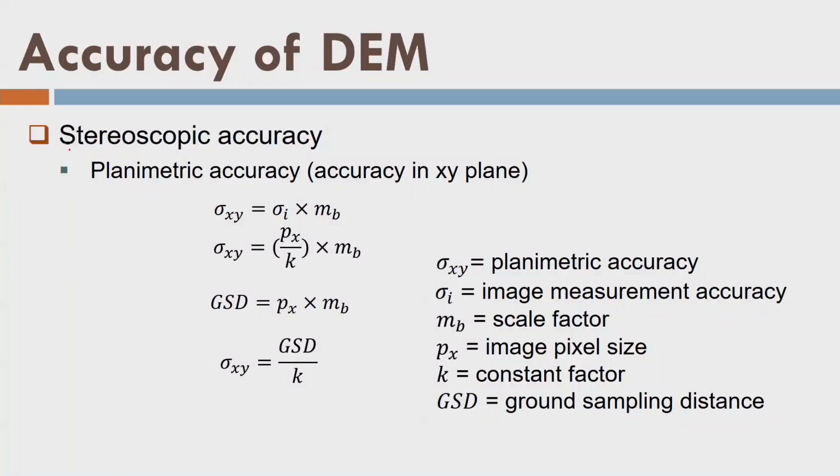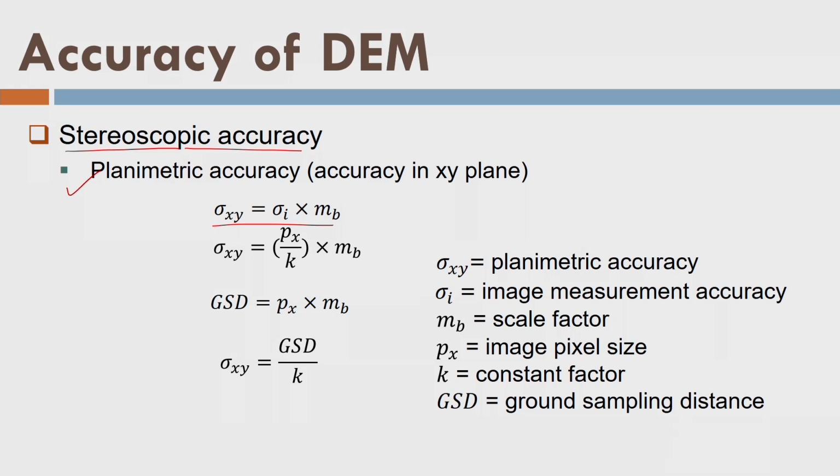And we should derive the advantage of photogrammetry now. I can wrap an image over the DEM. But before we do that, let us understand the DEM with its accuracy limits. First of all, we have the stereoscopic accuracy. Remember, we have the stereoscopic concept. This accuracy is divided into two parts: planimetric accuracy and vertical accuracy. So let us talk about planimetric accuracy first.